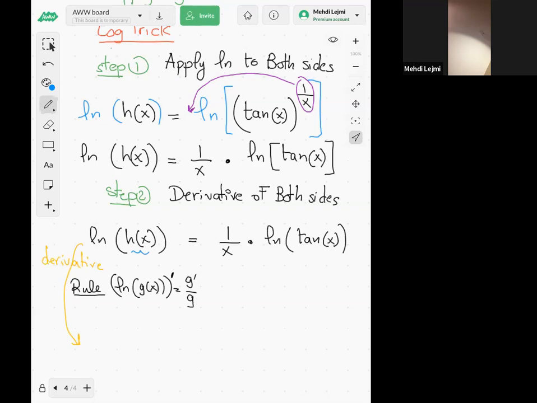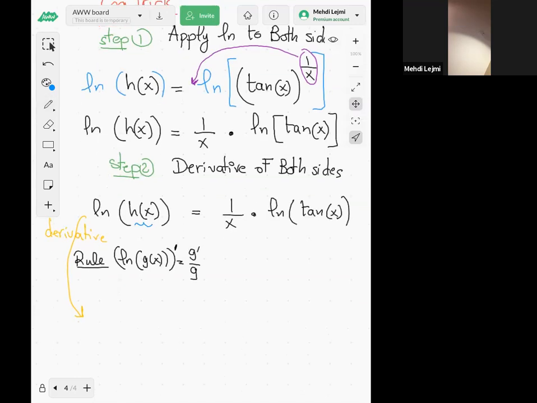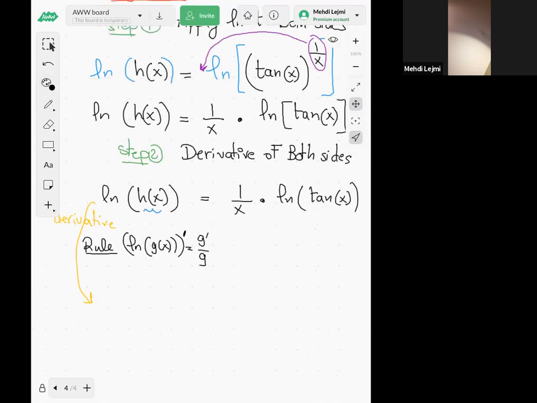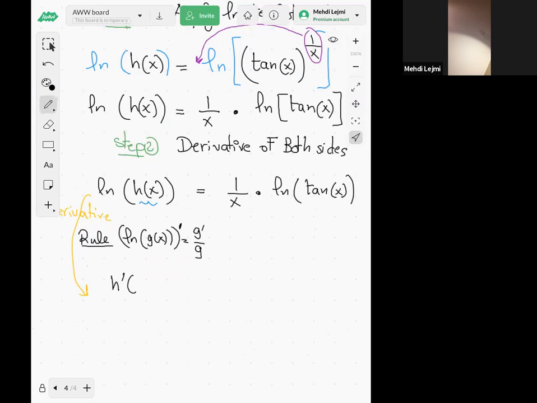So then the derivative would be h prime over h. Okay, so then the derivative is h prime of x over h of x. You see the g here in this rule, the g is h, right? Now, so that's for the left side. For the right side, well, which rule am I going to apply? So this is 1 over x times natural log of tangent of x. So we have